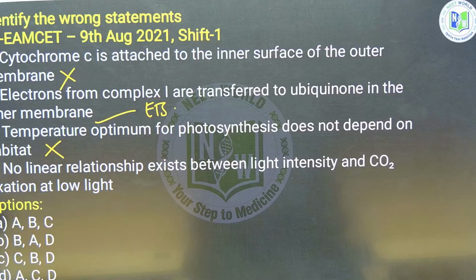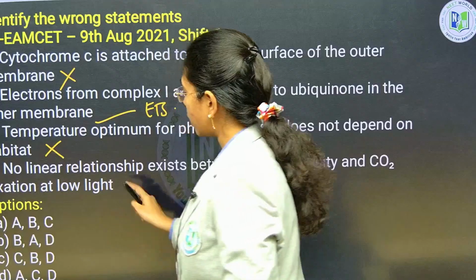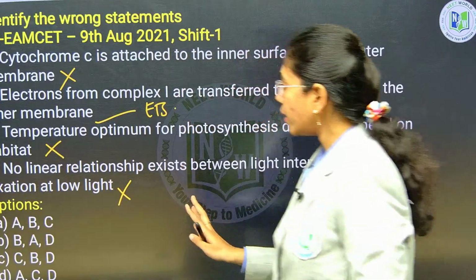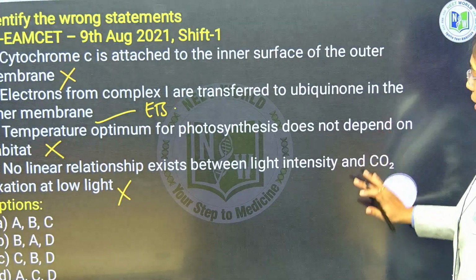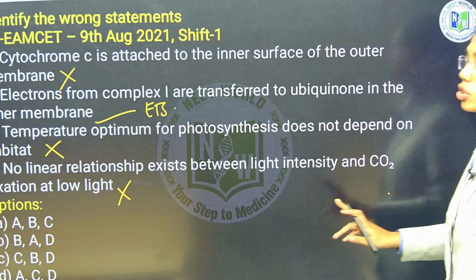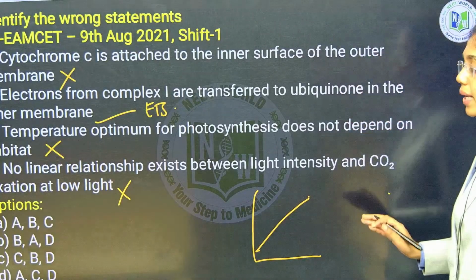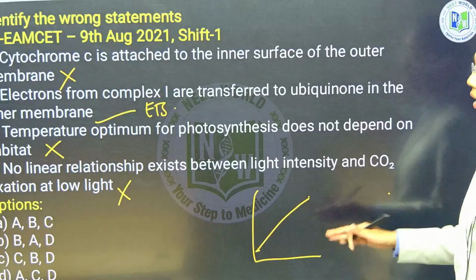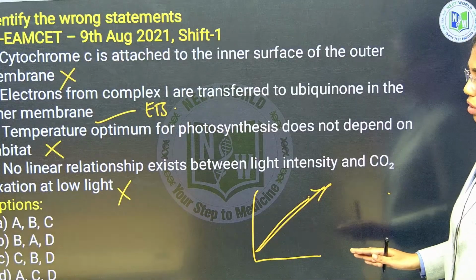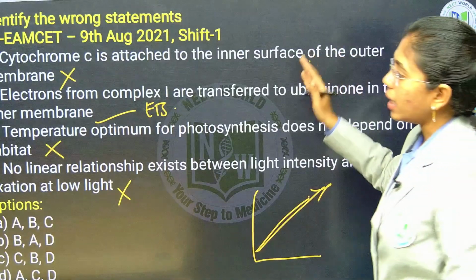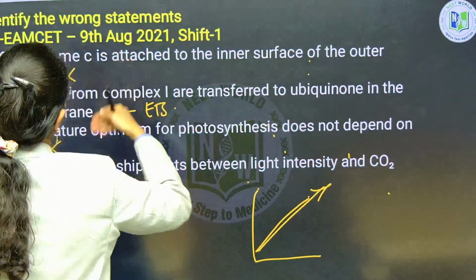No linear relationship exists between light intensity and carbon dioxide fixation at low light. At low light, no linear relationship exists. It is at low light intensity, there is no increase in the photosynthetic activity. Only at high light intensities you can see the increase in the rate of photosynthesis. So this is also wrong. A, C, D are the wrong statements in this multi statements